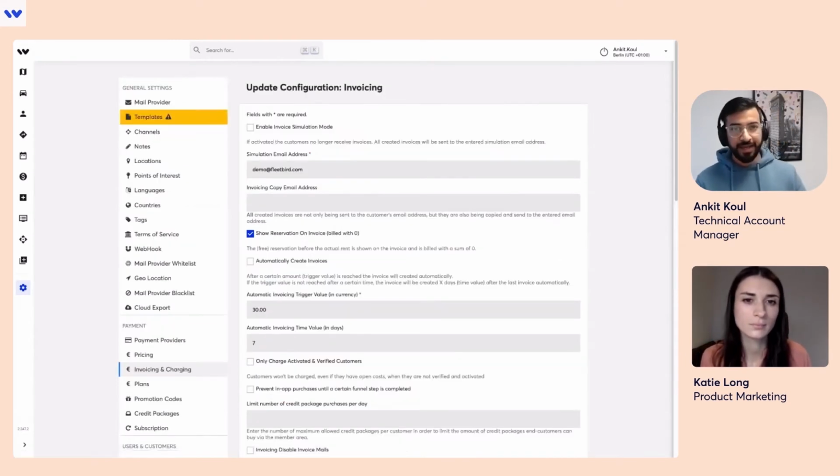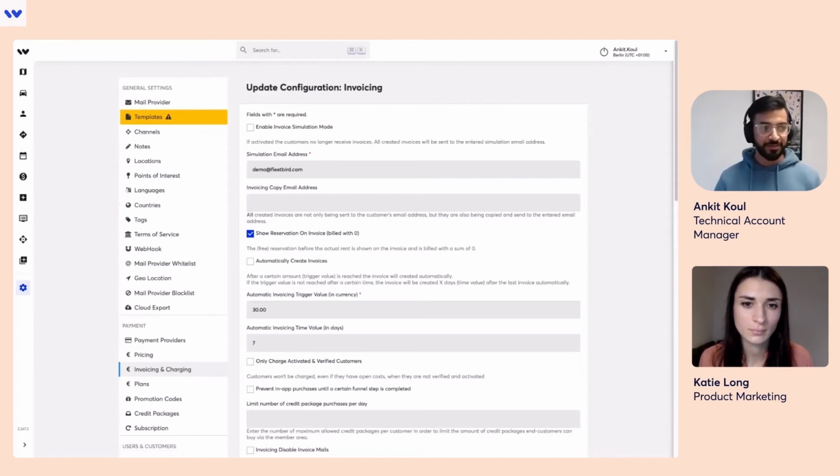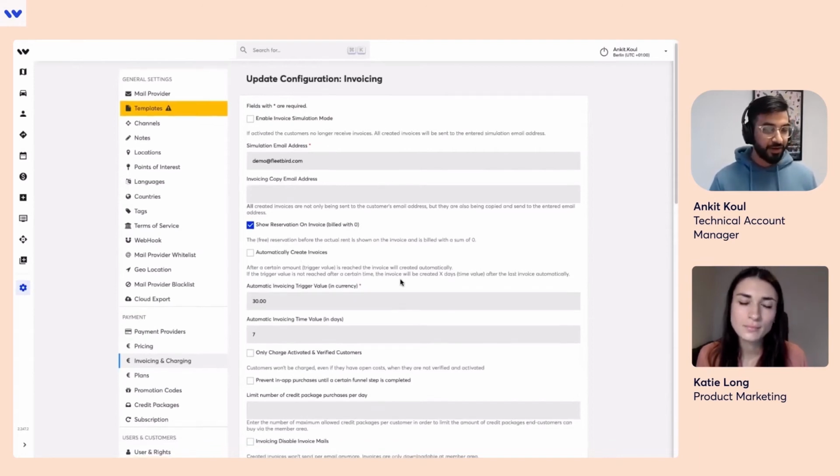Yeah. As you can see, you can ask the system here to generate invoices automatically, and also set the value of the trigger. There are two types of trigger in invoicing in our system. One is based on value, which you can see here. You can set up a value in currency, like if an X amount of value is associated to an invoice, then please generate the invoice. So the system automatically knows, okay, this trip costs 30 euros, I have to invoice it.